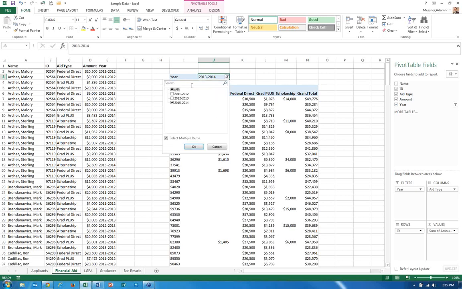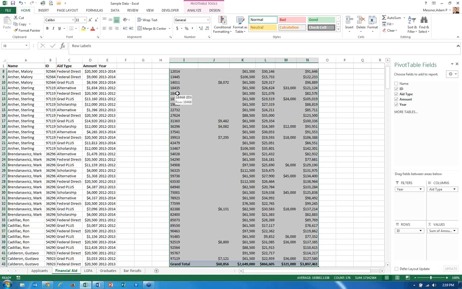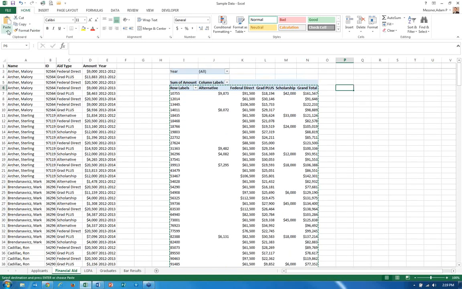I'm going to remove this filter. We're going to go back to where we started. Now, I do a lot of little fussy things with Excel that I'm not totally sure are absolutely necessary, but they make me feel better about it. Because a pivot table is very fluid and it's easy to change, usually when I have the data looking exactly the way I want it, I will select the entire pivot table and then come over right next to it, or maybe in a new worksheet, and just paste